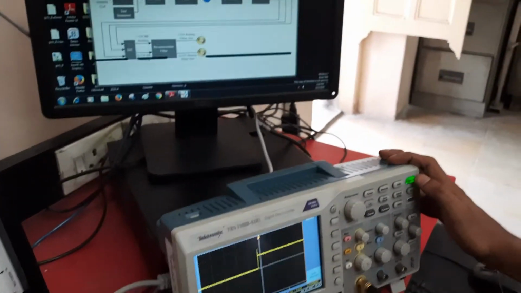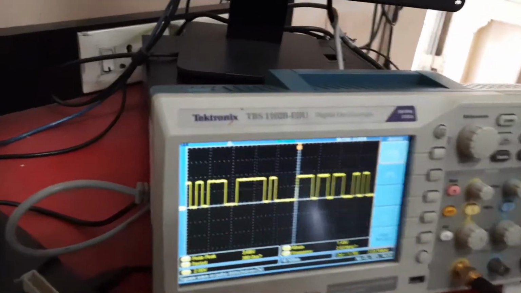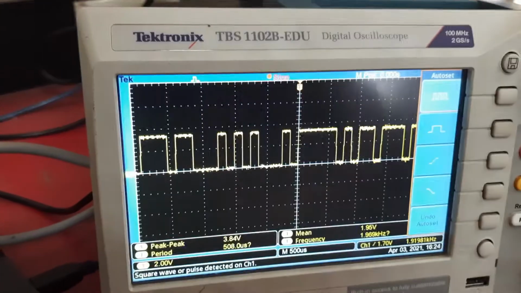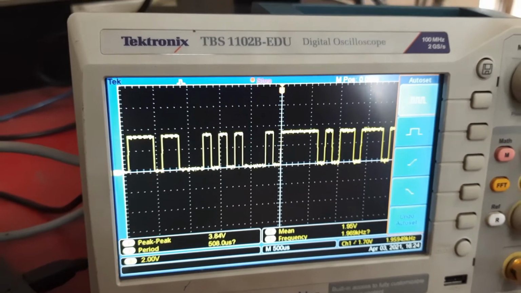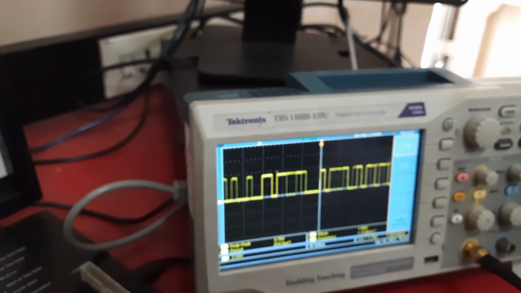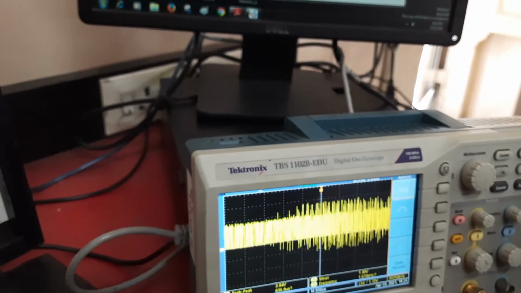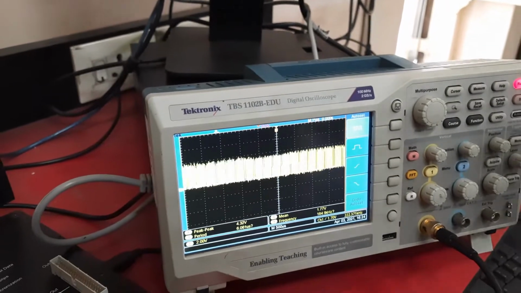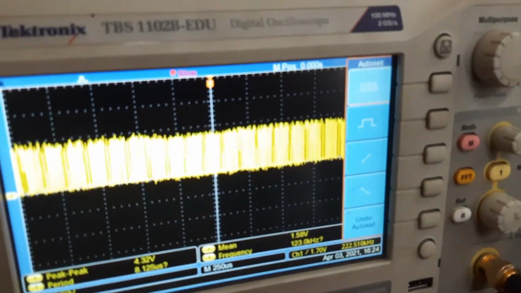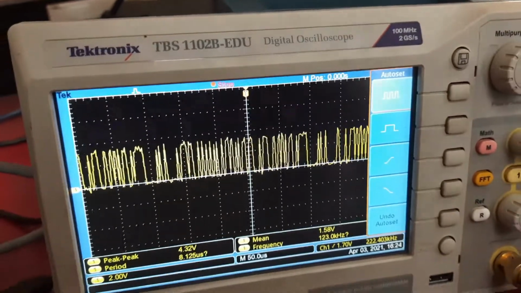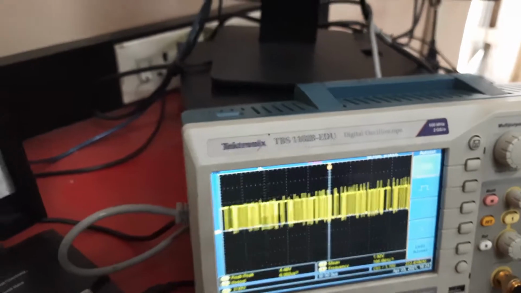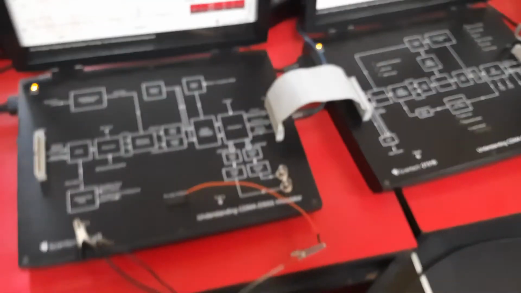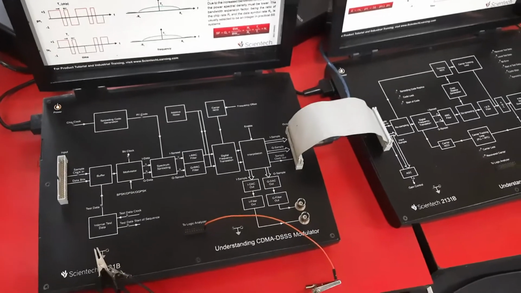So this is the I data. See here, the total number of pulses is 7 and spread. Earlier it was 5, now it is 7. So likewise we can observe. This is for I data and this is for I spread data. So this is the spread signal. And similarly Q data. So these are the waveforms for gold code, n equals to 5 and n equals to 7.